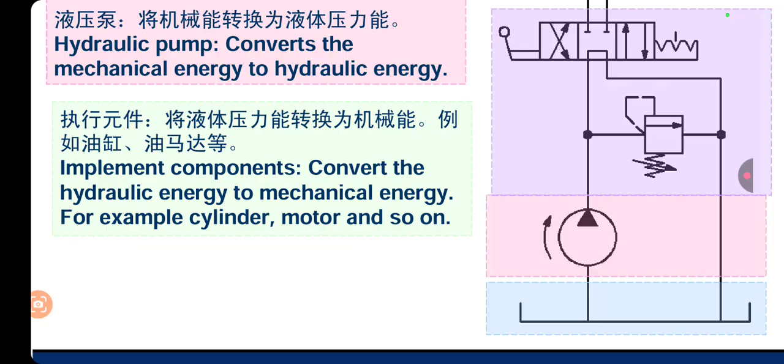Means there is a shaft which is fitted in between the PTO gear, so it will get the drive from the engine, or it can take drive from the motor as well, electric motor you can say. So it will give the drive to the gears. There are normally two gears in the fixed displacement pump. So it will suck the oil from the reservoir, and then it will send the oil towards the control valve